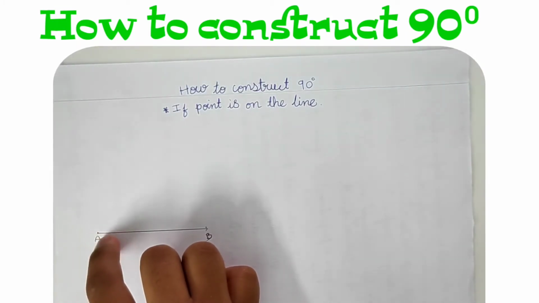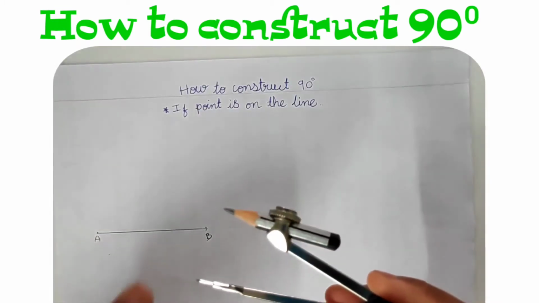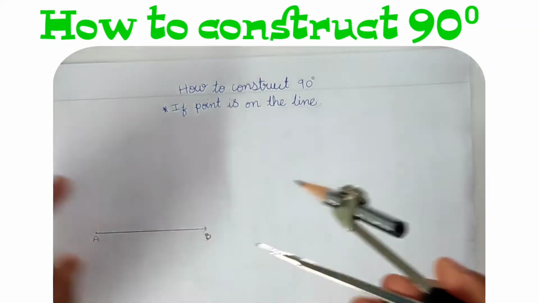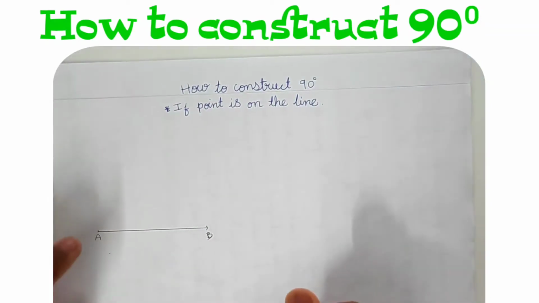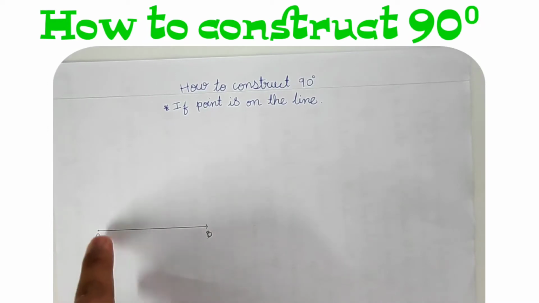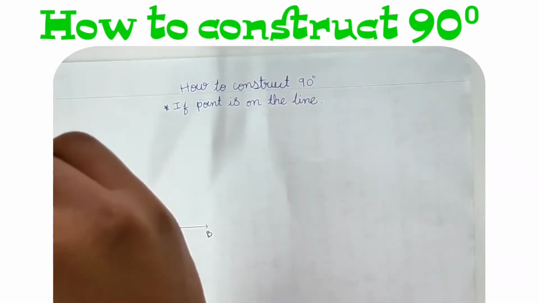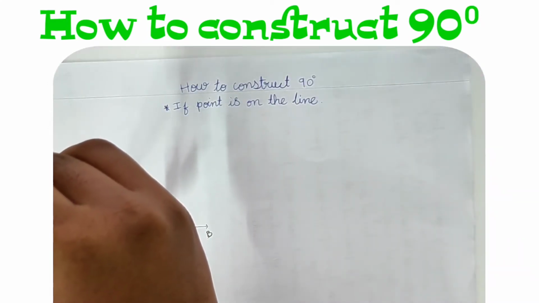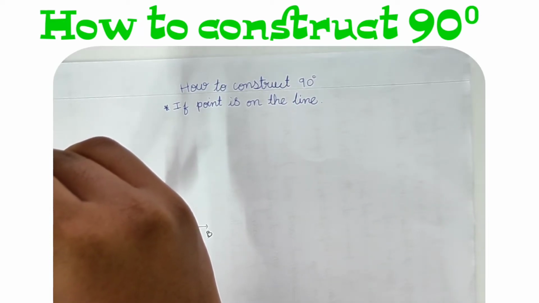From point A, with compass, keeping the tip of the compass at point A, draw an arc